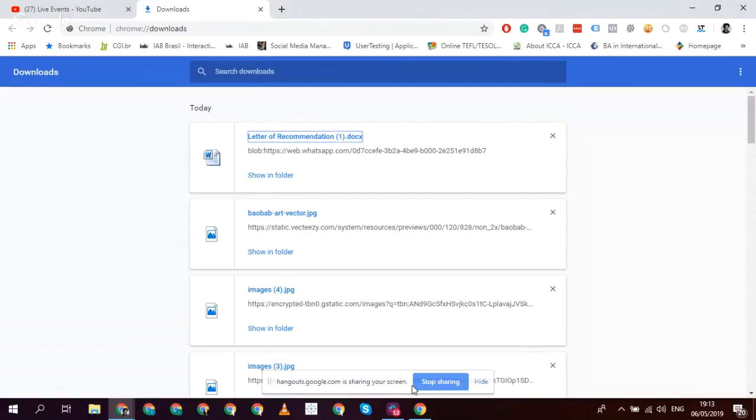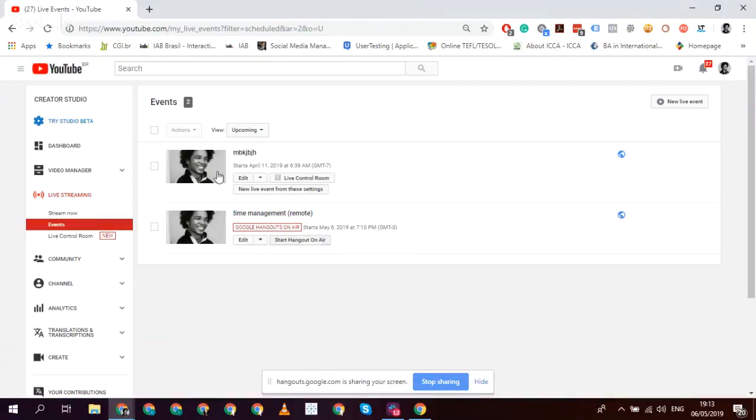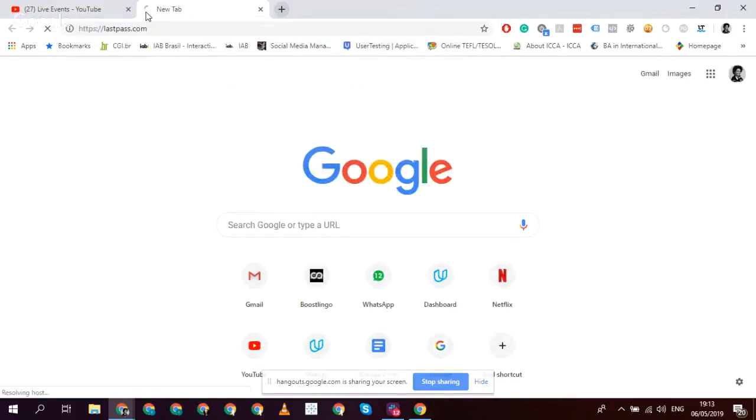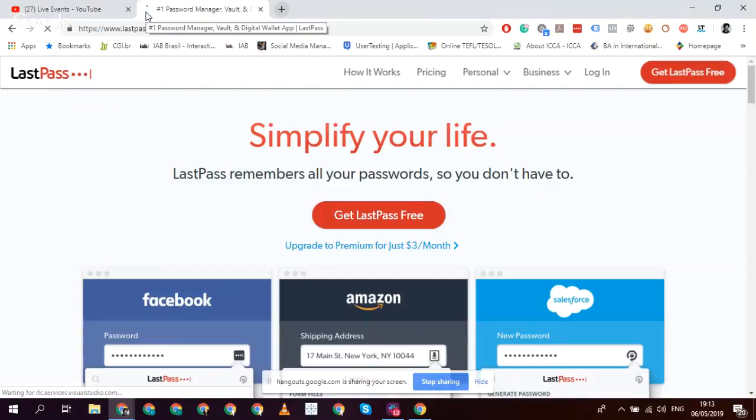I'm going to share today with you a couple of things that should help you with time management. Starting with LastPass. LastPass is just so that you don't waste your time typing passwords and trying to reset passwords and wasting time trying to remember all your passwords. So this is one master key password that once you go